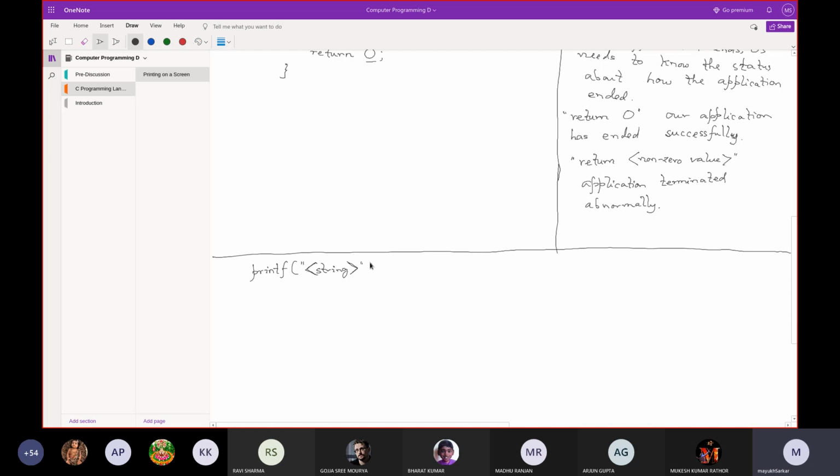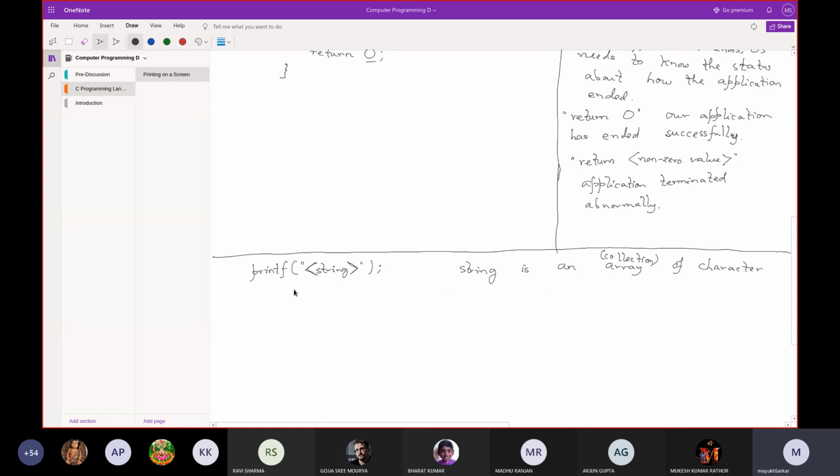But for now, for those who do not understand what an array is, we can say a string is an array of characters or a collection of characters.